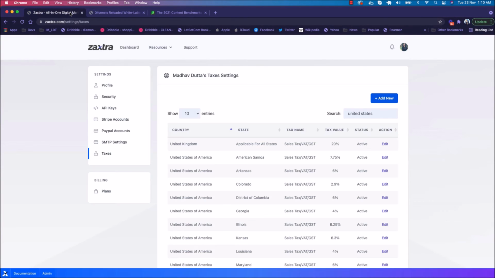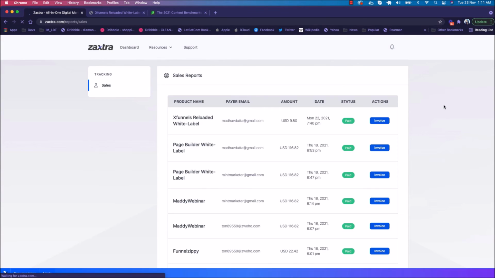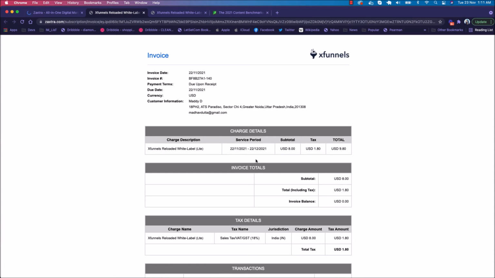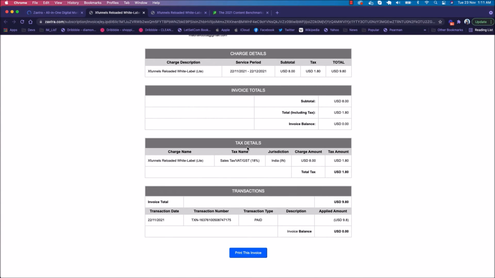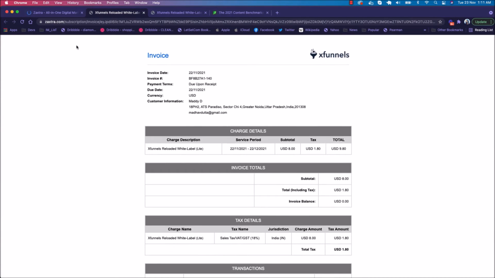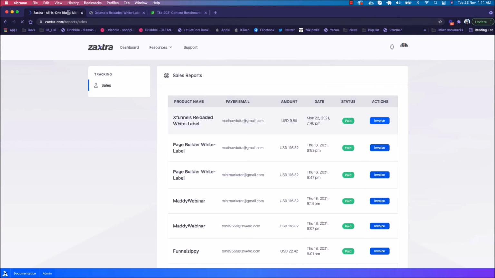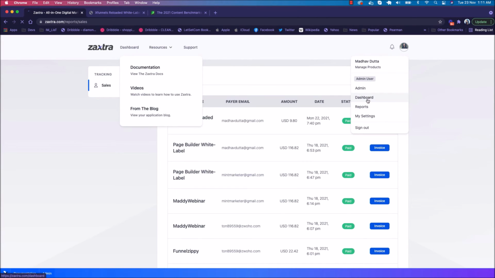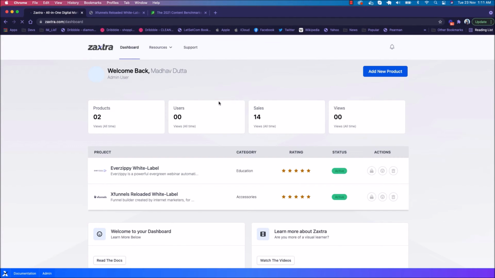Now if you go back to your account and the my report section, under the reports you can figure out this user purchased this product for this price. It is a paid amount. You click on invoice, you will have the complete taxed invoice, which can be printed or downloaded, or you can send this invoice in PDF format to the user manually if you want. But auto invoicing is already there, so whenever somebody purchases, they should receive this invoice automatically by email. And you go back to the dashboard here, you will see the sale has increased.